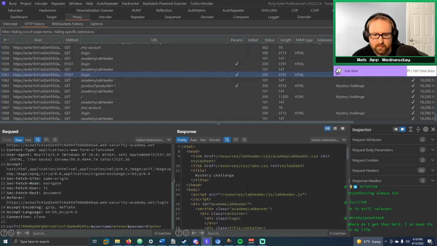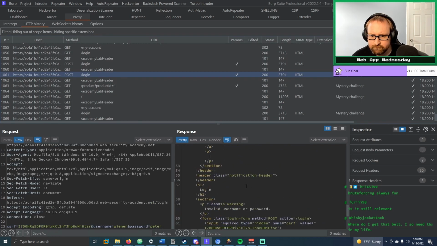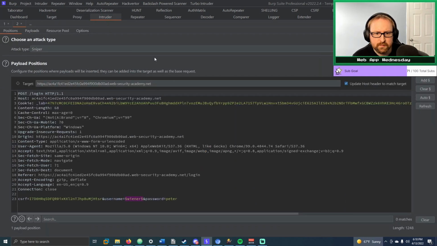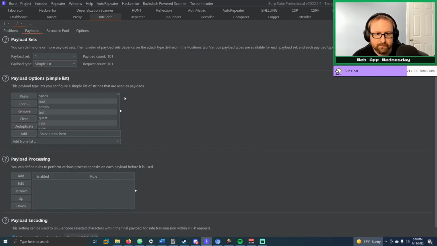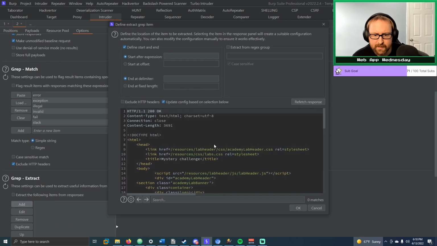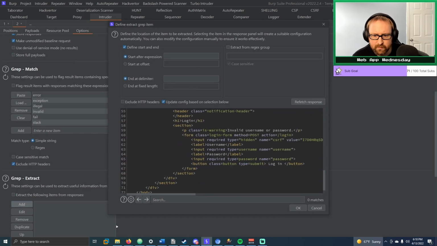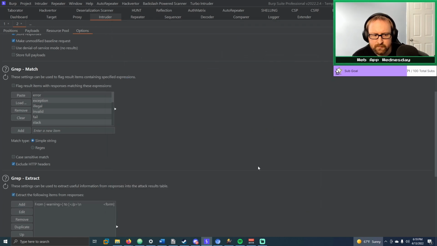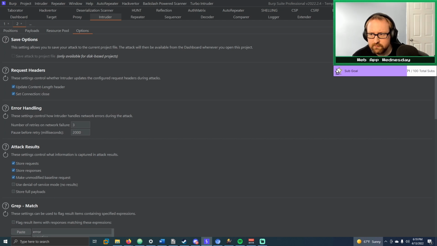What was the message we got? Invalid username or password. Okay. Might not be it then. I don't know. We'll see. What we're going to do is paste in the list of possible usernames. Go to options, and we're going to extract the error. So I'm just going to highlight it, click OK, and hopefully if we click start attack,